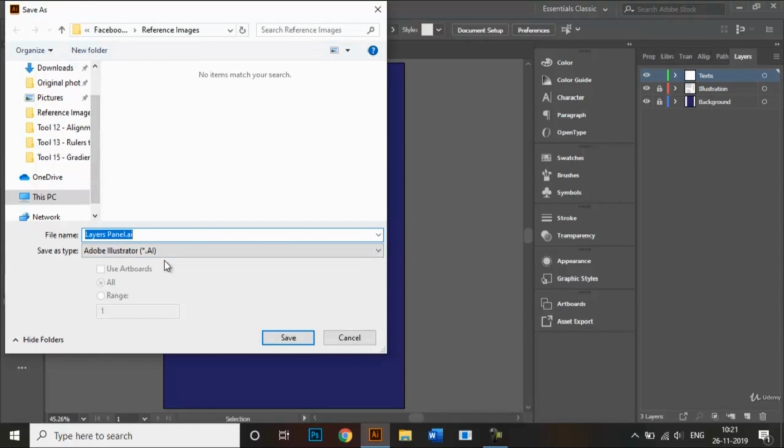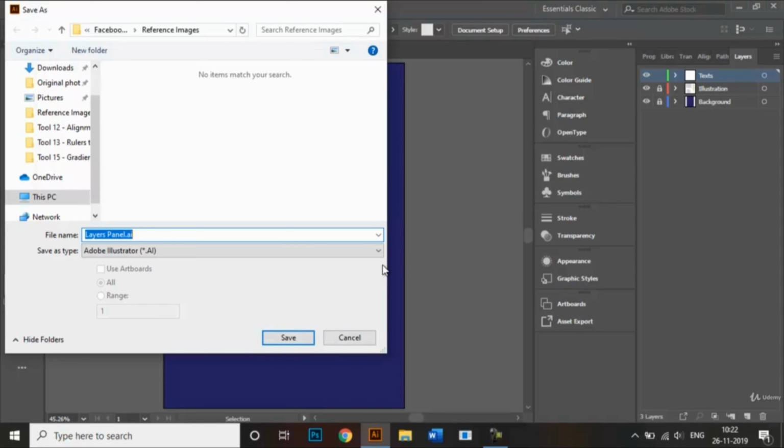I highly recommend that we first save our document in the Adobe Illustrator format, so that in the future, if you want to make any further changes, we can come back to our original document, which is this document that we've just worked on, right? So instead of making a new document every time, it saves time that way, right? And then we just click on save, right?